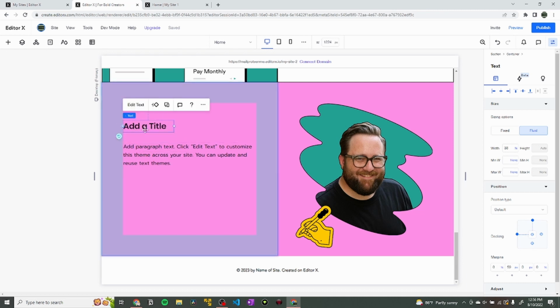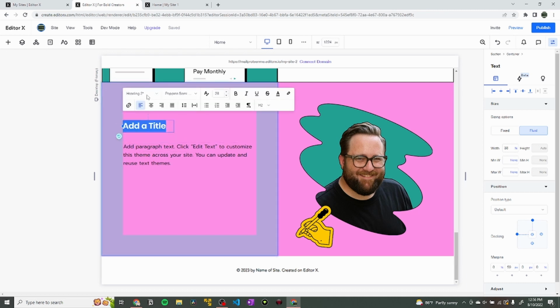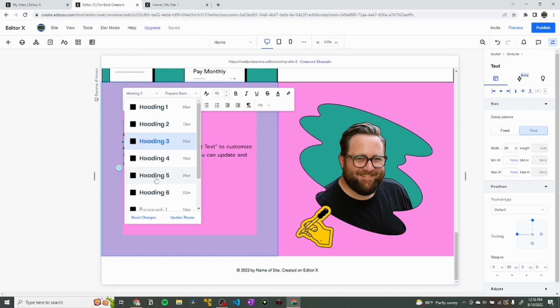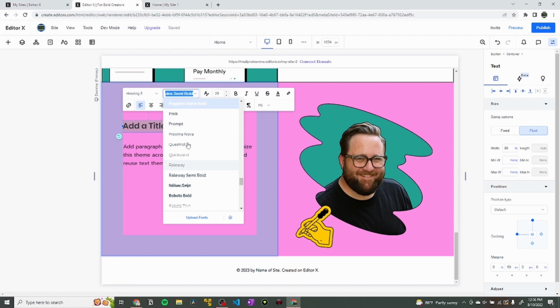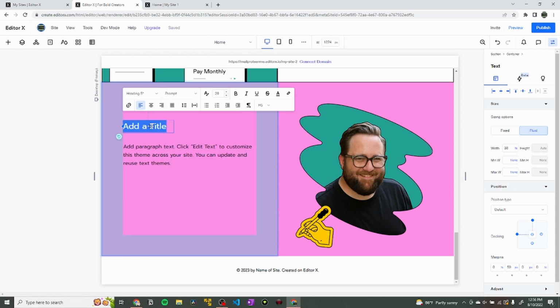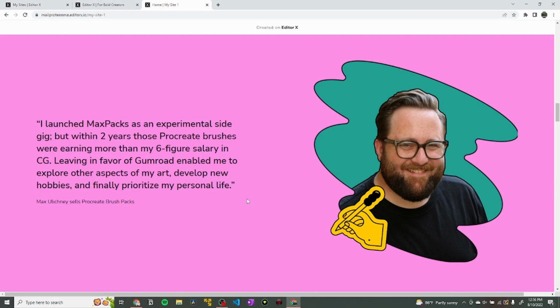Okay. So this title is going to be a heading 3, let's say. That might be too big. Let's make it a heading 5. Okay, heading 5 looks best. Just change the font to be the one that we wanted. So that's prompt. And I'm just going to copy and paste this text